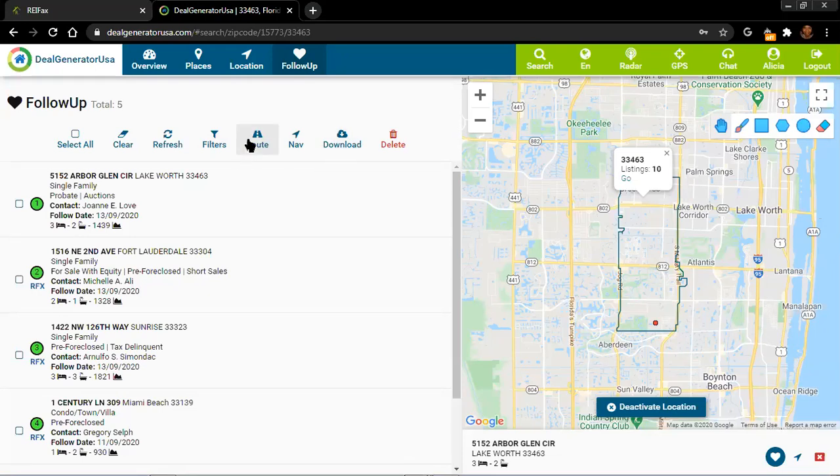I will not click it here because I'm not in the area, and it will make a very large route. But the idea is that you turn on the GPS of your phone or your laptop if you're sitting at home and you want to visit the houses around your area. You select a category, let's say short sales or probates, and turn on your GPS and your radar, and it will